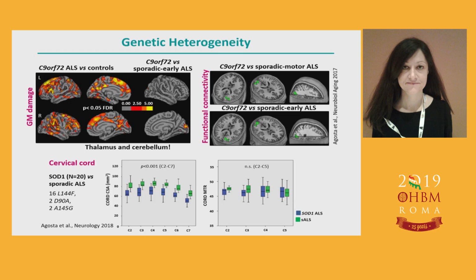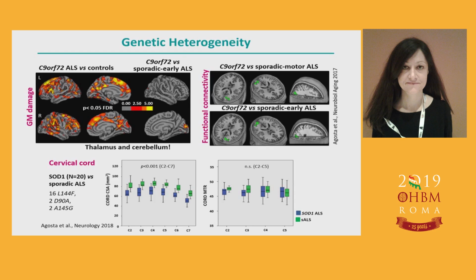We show that these patients are more associated with cervical cord damage compared with the sporadic patients, and so on. So again, MR can be useful not only to make the right clinical diagnosis, not only to help guess the underlying pathology, but also to understand better which are the structural and functional correlates of genetic heterogeneity in these